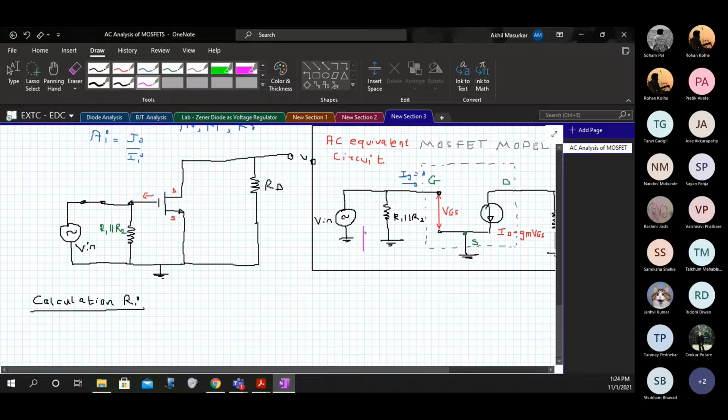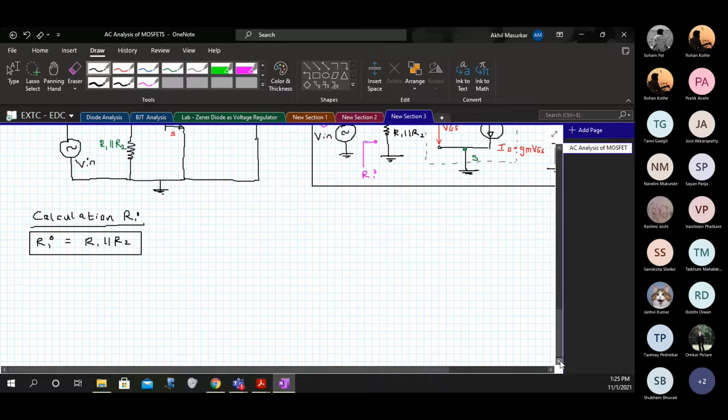Ri is the resistance seen by this source. So you can see Ri is equal to simply R1 parallel to R2. Very easy. Next, if you see calculation of R0,